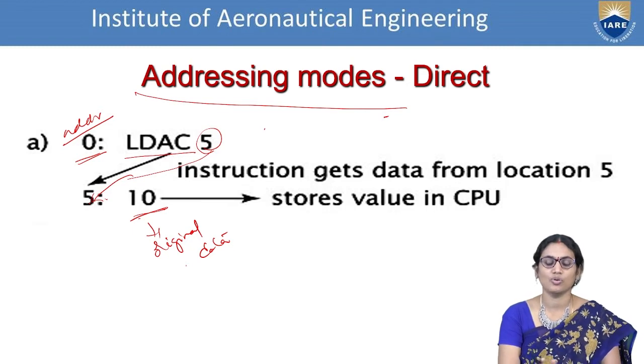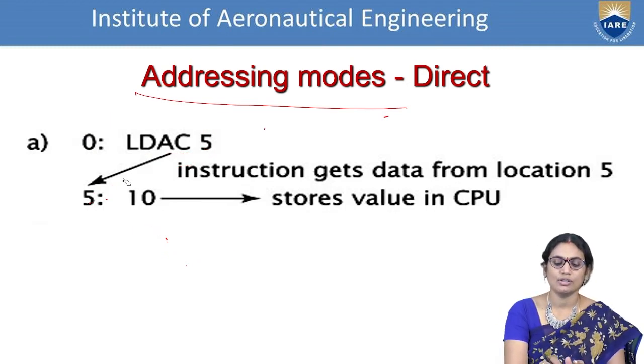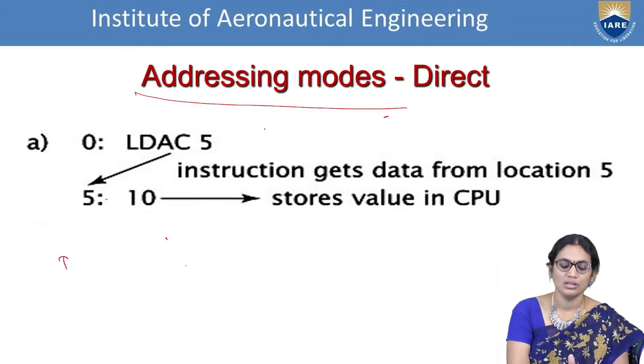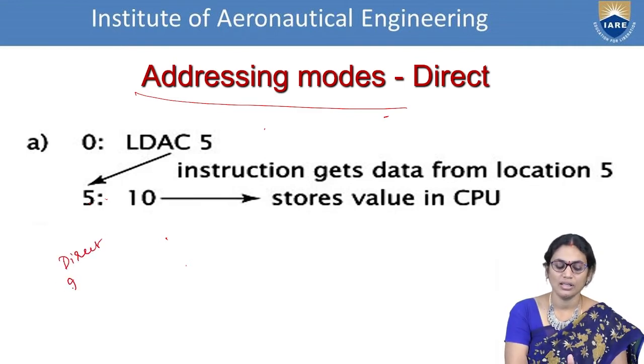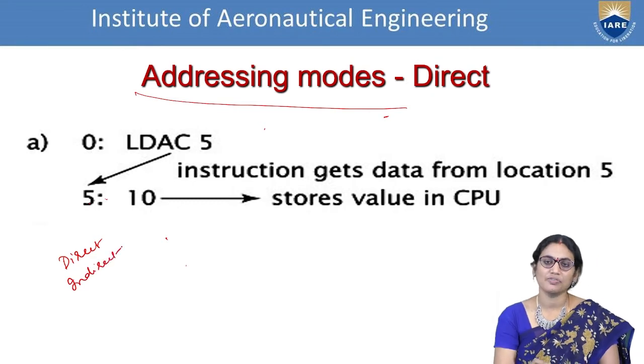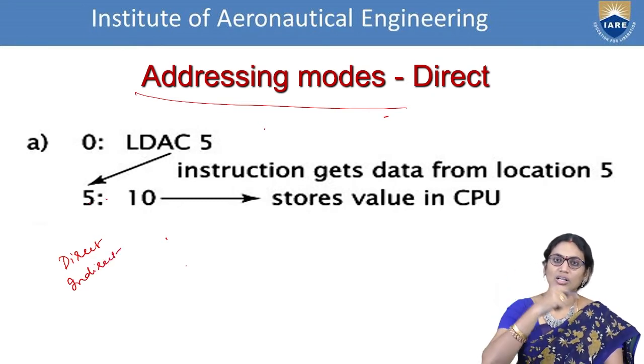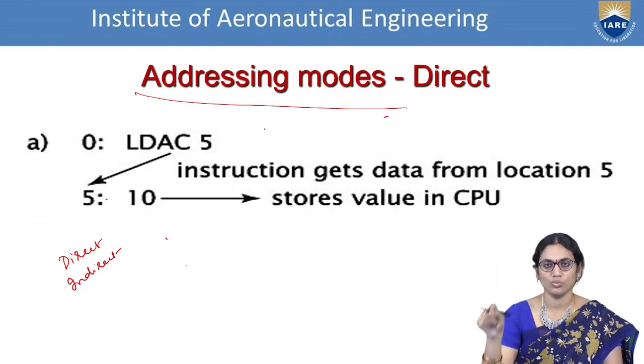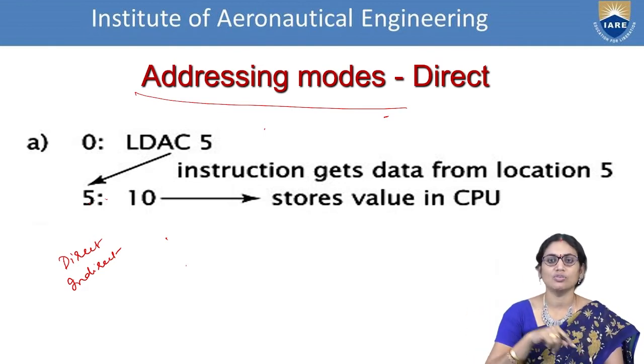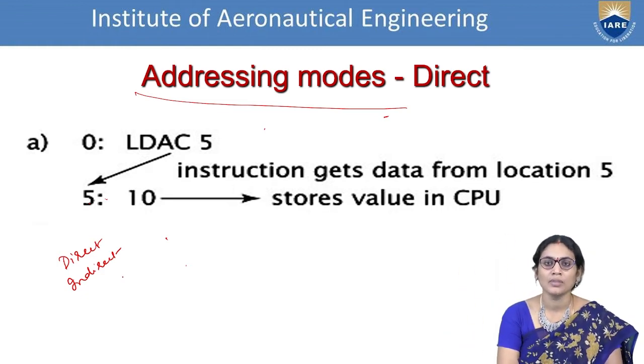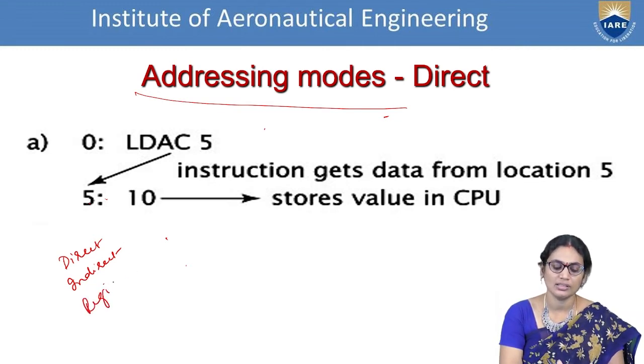So the first kind of mode we have is the direct addressing mode. The set of addressing modes: first one, direct addressing mode. Second one, indirect addressing mode, where you specify the address if you know it. Otherwise you call the X location, which holds one more location, and from that location you fetch the original value. That means something like looping the address specifications. This is called indirect addressing mode. Next one is register direct addressing mode. Next is register indirect addressing mode.